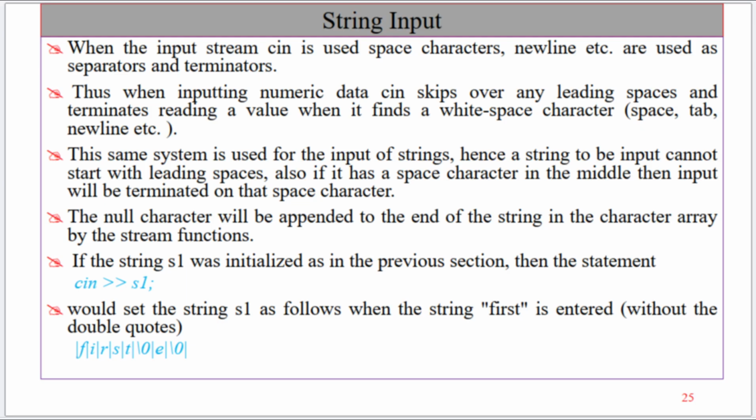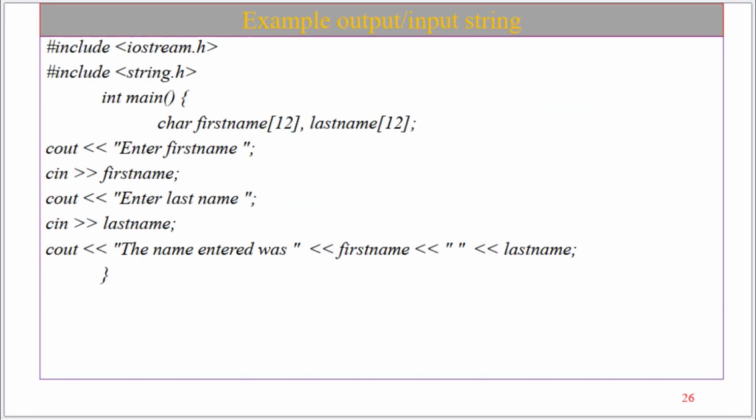If the string s1 was initialized as in the previous section, then the statement cin >> s1 would set the string s1 as follows when the string "first" is entered, without the double quotes: first\0. 25. Example output/input string: #include <iostream.h> #include <string.h> int main() { char firstname[12], lastname[12]; cout << "enter first name"; cin >> firstname; cout << "enter last name"; cin >> lastname; cout << "the name entered was " << firstname << " " << lastname; }